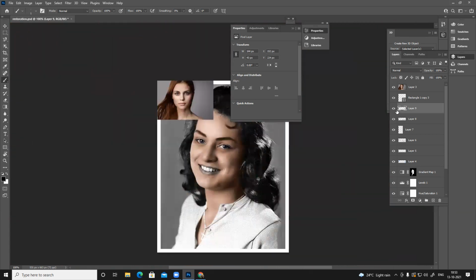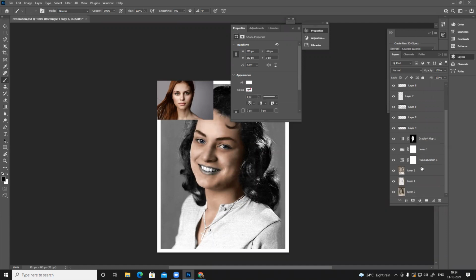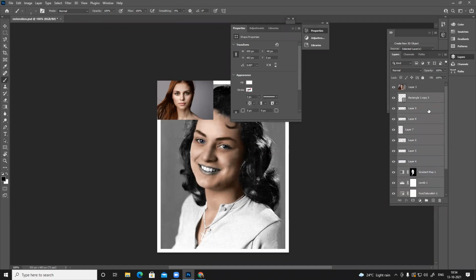You can modify things. So now, whatever you have created, you can select everything, all the layers, and press Control G to group it.